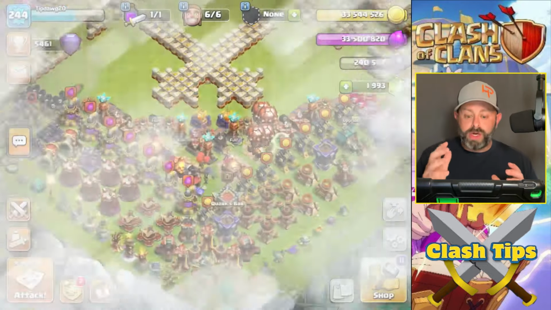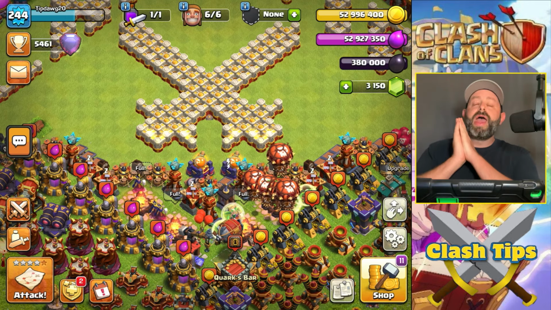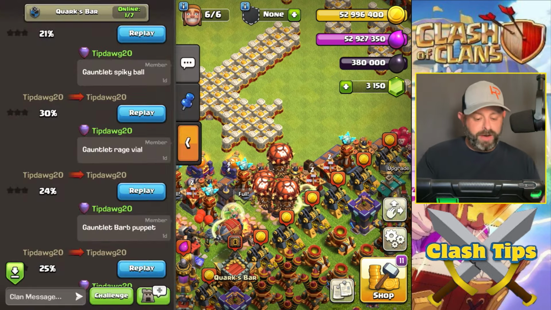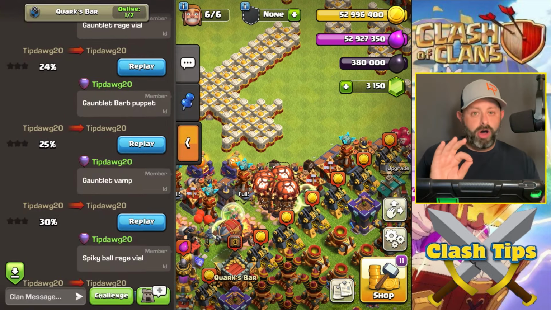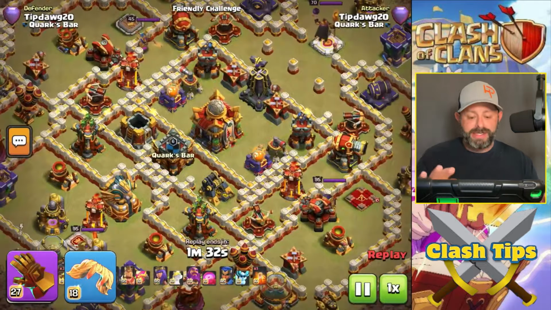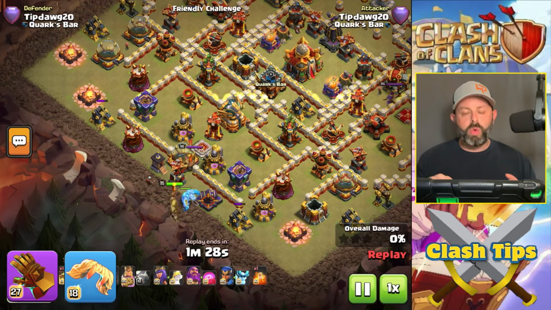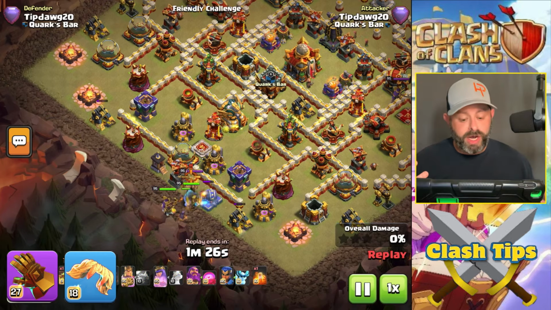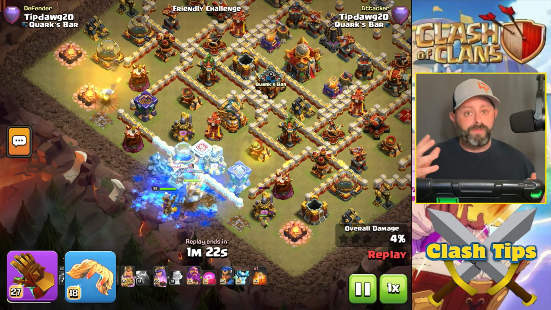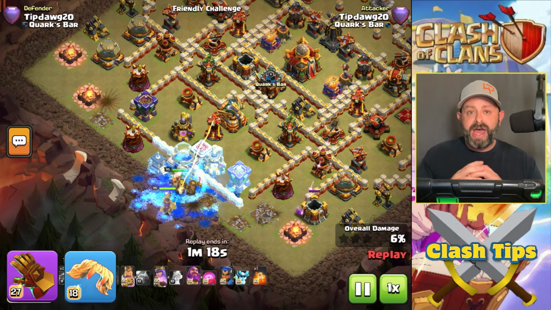Now, the last one is the one that I found most interesting and super shocking. That combination is the Gauntlet and the Vampstache. Now, I know that the Vampstache has gotten a lot of hate. And also, you can argue, well, in this specific situation, that's the only reason that the Vampstache did well. But of all the attacks that I did, the Vampstache